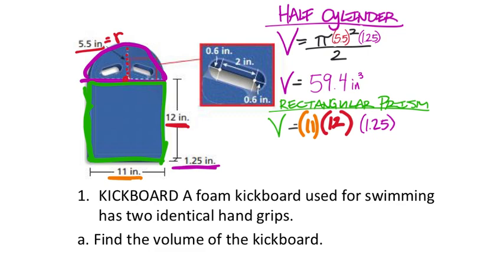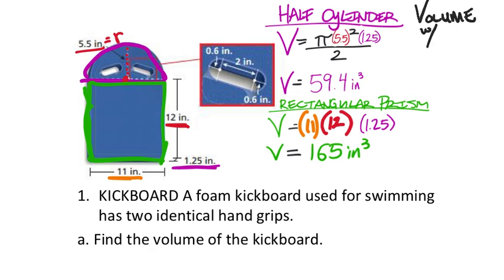And I'm just going to plug this into my calculator to see what the volume of that rectangular prism is. So in my calculator, I got 11 times 12 times 1.25, enter, and I get 165 cubic inches. All right, now this is two separate volumes, and I want the volume of the whole thing though. So I'm going to figure that out by adding these two together. So this is the volume of the full shape,